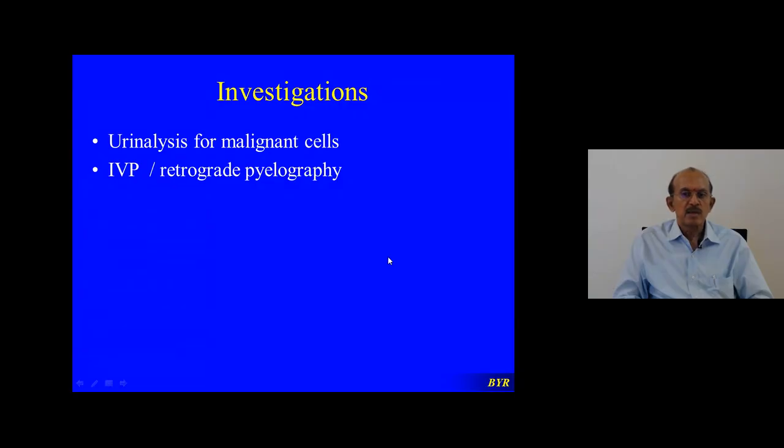Intravenous pyelography means the dye should go into the blood and is excreted by the kidneys, then it should come into the pelvis, then only we'll see. You will see a dilute shadow. But in case of retrograde pyelography, you will see a clear demarcation of the pelvis and ureters. So that gives better information than intravenous pyelography. Then you can ask me why intravenous pyelography? For every case you can do retrograde pyelography. That's true. But intravenous pyelography will tell you about the functional status of the kidneys also. It tells you about the functioning of both the kidneys. So that is why IVP scores superior to the retrograde pyelography.